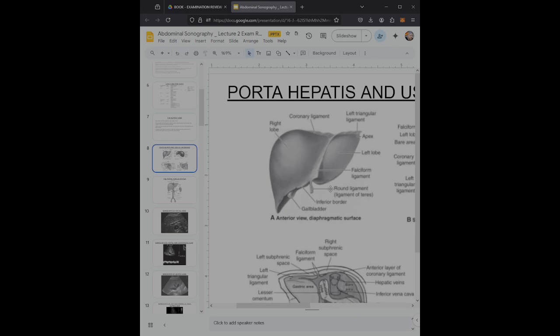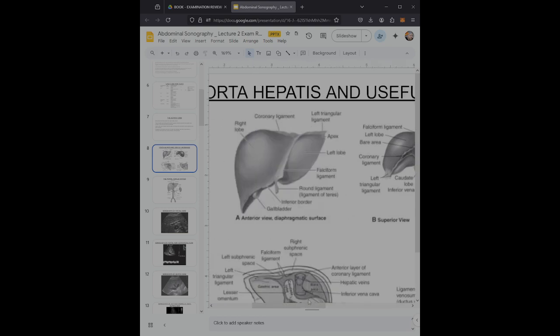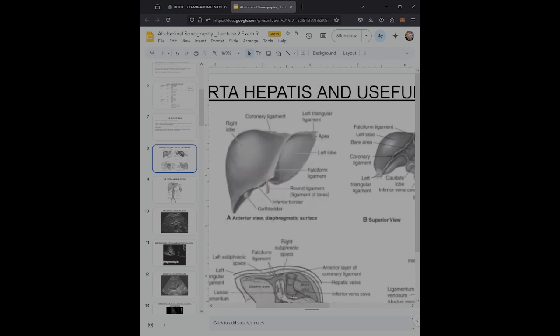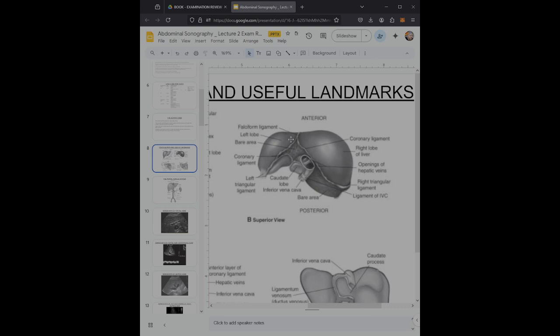So we can go to a superior view. This is from the diaphragm, what faces the diaphragm. So this is the right diaphragmatic dome. Come here to the superior view. We have the falciform ligament. There's a coronary ligament, there it is, the right lobe of the liver, the opening of the hepatic veins, the